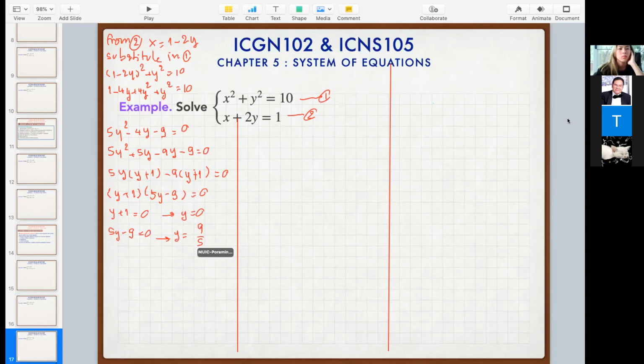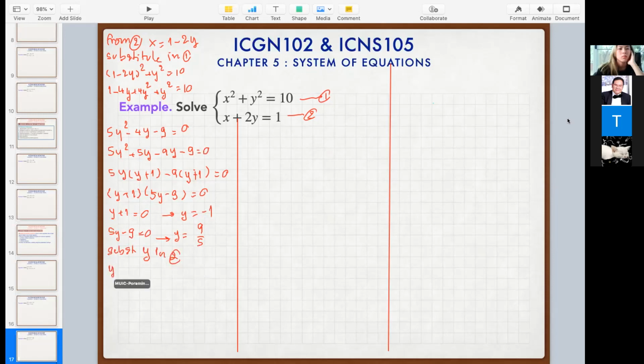Hang on, I did this one wrong. Negative 1, okay, or 9 over 5. Then we have two possible y's in here. When we get two possible y's, we substitute y in equation number 2,